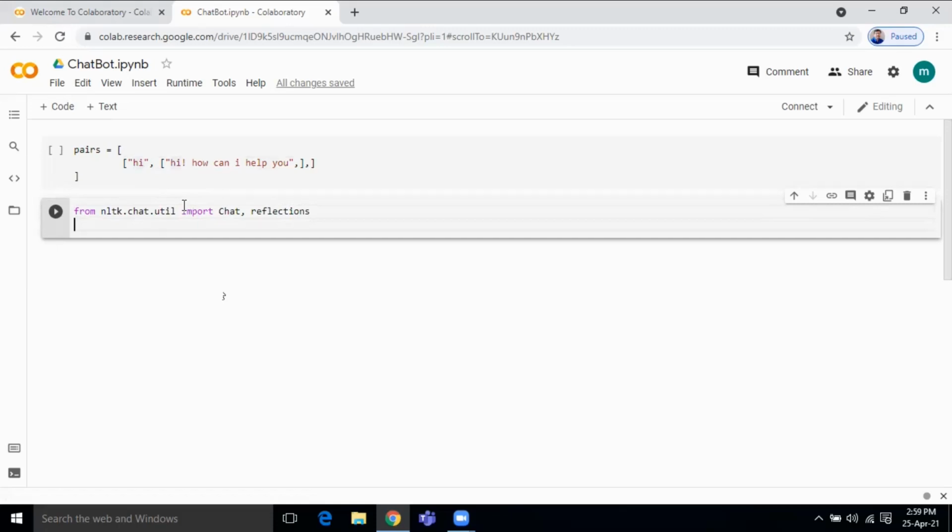Then you print something so that it will be displayed on the user screen. If you want to terminate the program, type quit, quit to leave the chatbot.